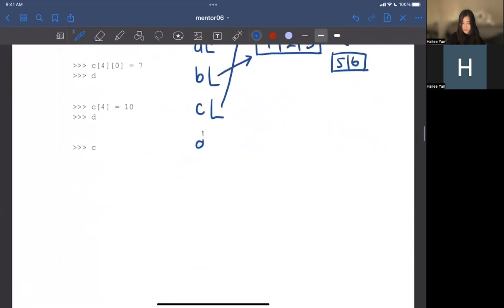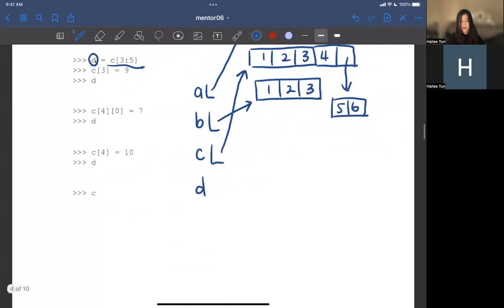So D, and we want to slice C from index 3 to index 5. Remember when we do list slicing, we do not include the second number. So the first number 3 is included and the second number 5 is excluded, which means that we want,